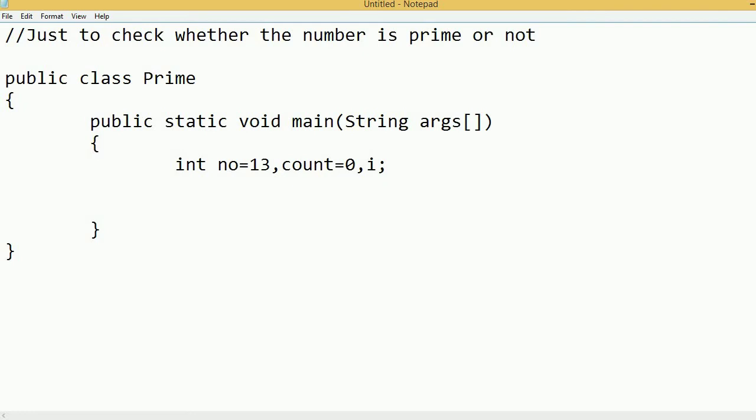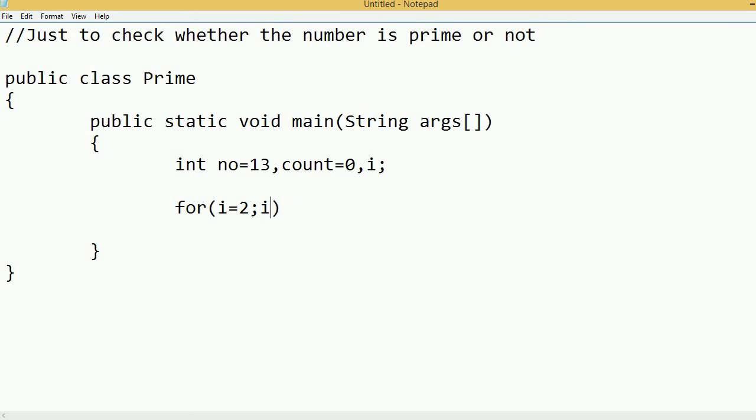Right? Let me initialize the for loop. As you know the syntax of the for loop, for that I will write first for. Inside that, the first parameter will be initialization, second will be condition, and third will be increment or decrement. In the initialization, I will write i equal to 2, because I will start dividing from number 2.